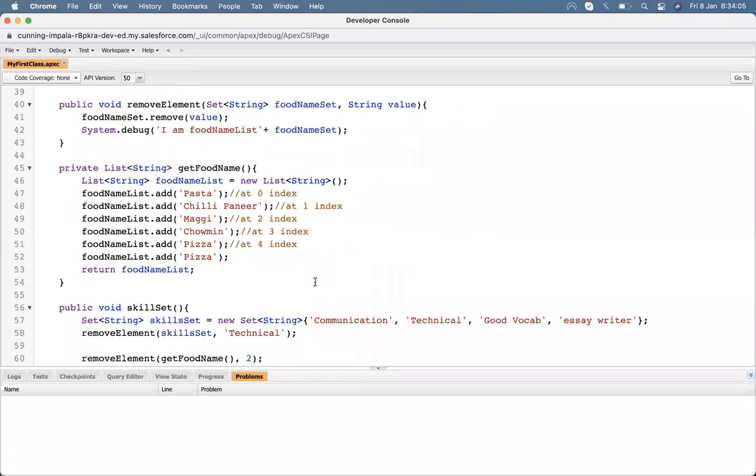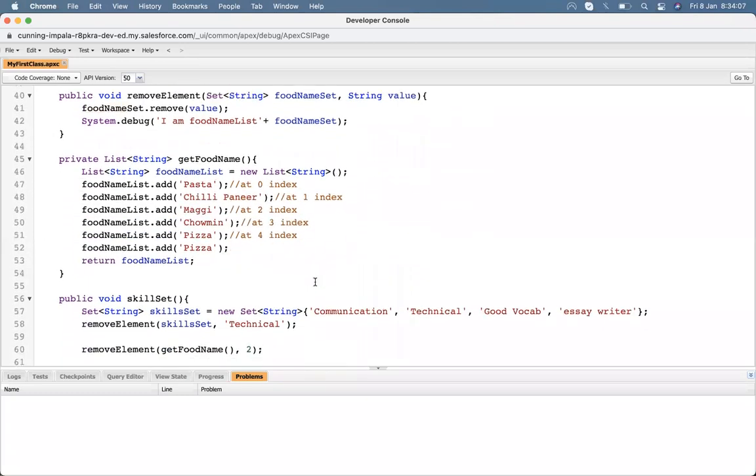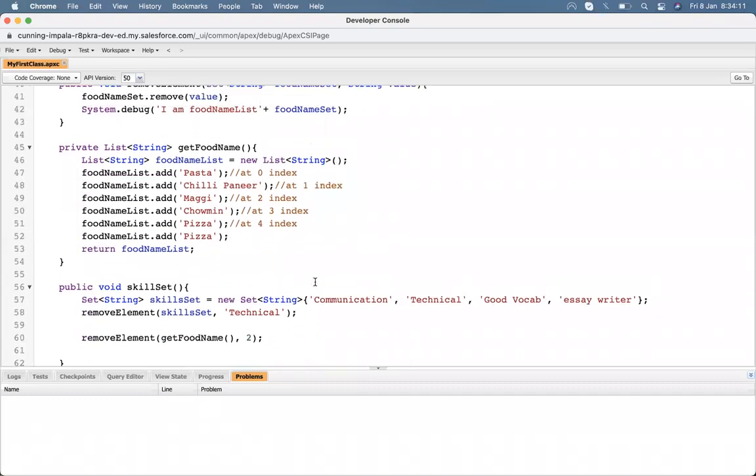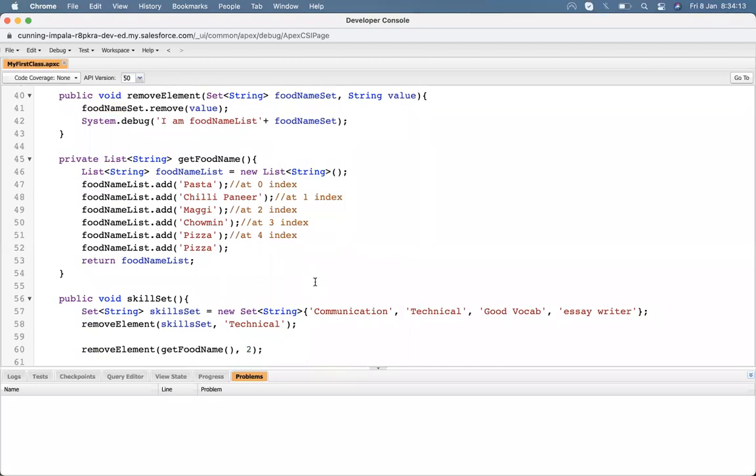So the whole point we are making right now is that whenever you are designing a logic, try to design it in such a way that you break it into smaller parts. Whatever the logic, make it smaller logics, design a method for each one, and call those methods in a main logic.